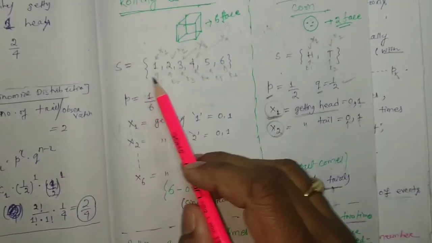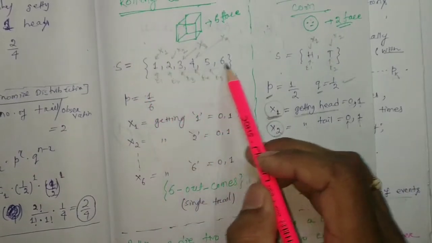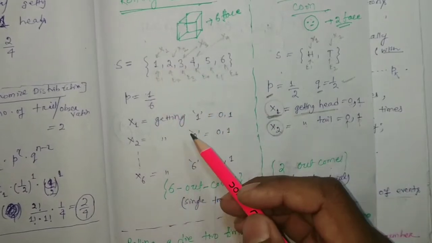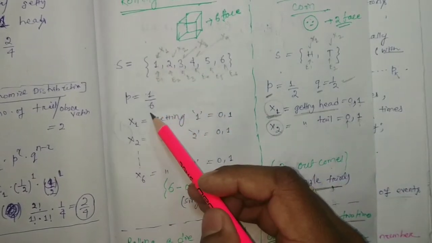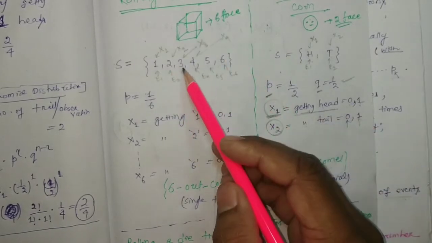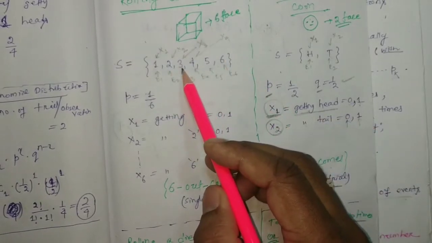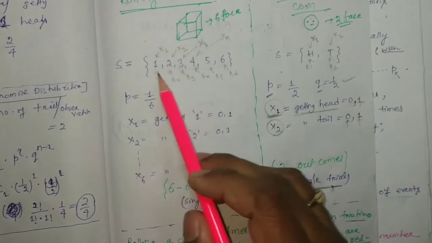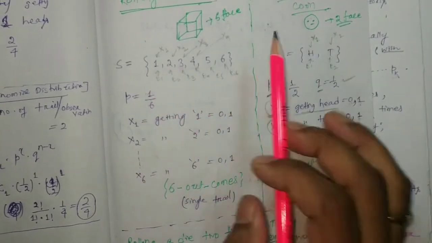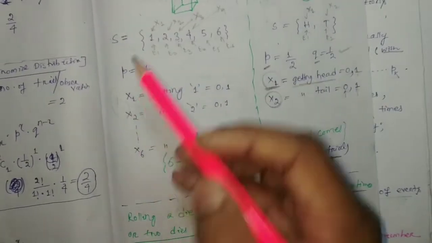We found 6 outcomes: 1 2 3 4 5 6. So getting 1, what is the probability? That will be 1 by 6. Getting 2 also 1 by 6, getting 3 1 by 6, like that. If I add all the probabilities, then 1 by 6 into 6 will be 1, that we know. Now here, if I'm going to consider the first